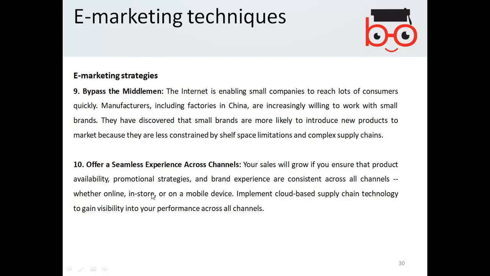So seamless experience is basically that wherever you are selling your product, your promotions and prices should be kept the same. It shouldn't be the case that you are selling one product at an expensive rate and the same product at a cheaper price, as it will divert the attention of your customers.